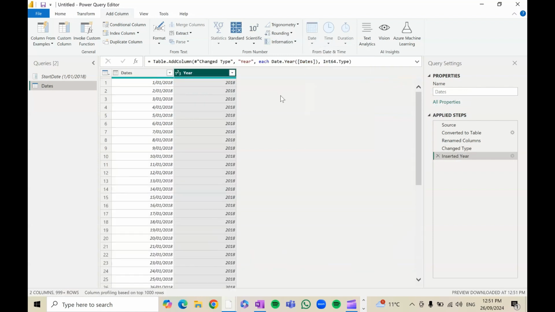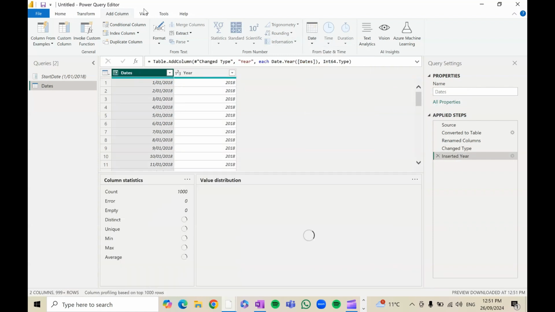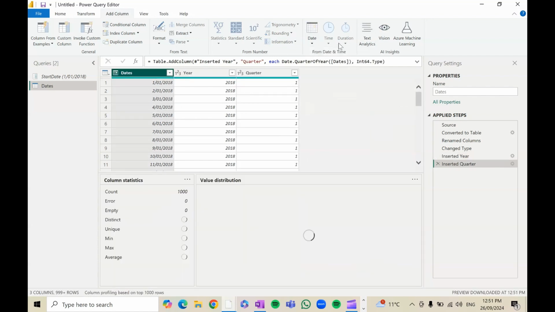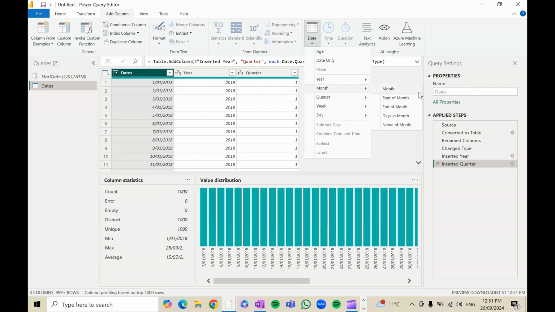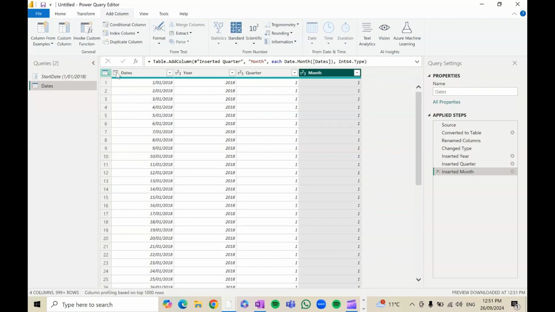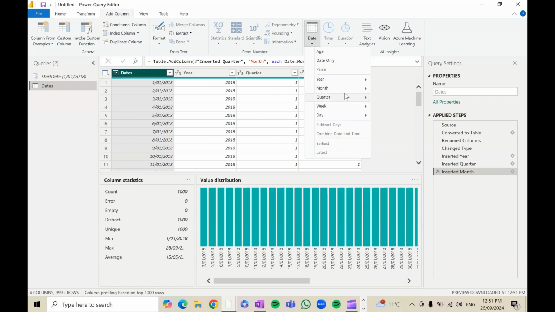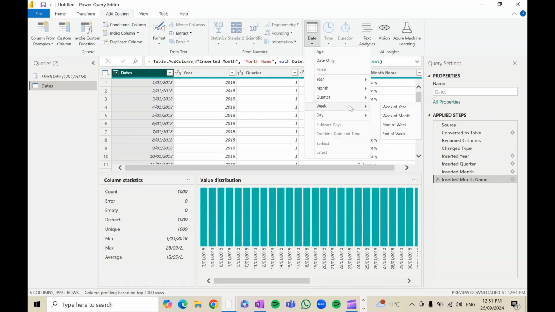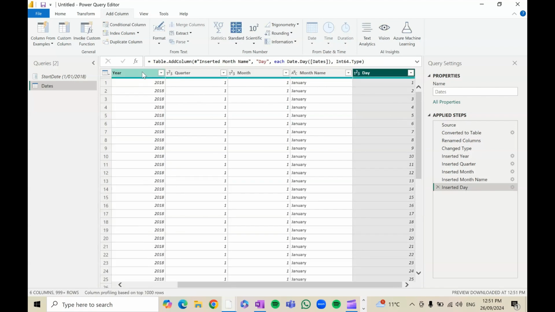So typically you would use year, then you might need to add a quarter, and keep going with that. Add a month, select date, add name of the month, select date, add day of the month,